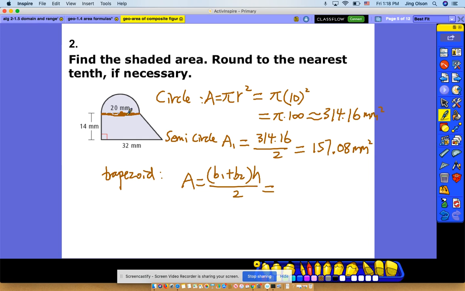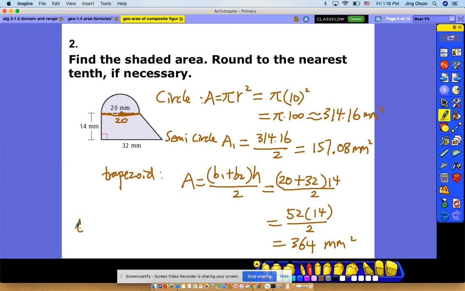So this is my base 1. That's 20. Base 2 is 32. Height is 14. Base 1 plus base 2 times height divided by 2. 20 plus 32 is 52. 52 times 14 divided by 2. You can use a calculator for this. The answer is 364